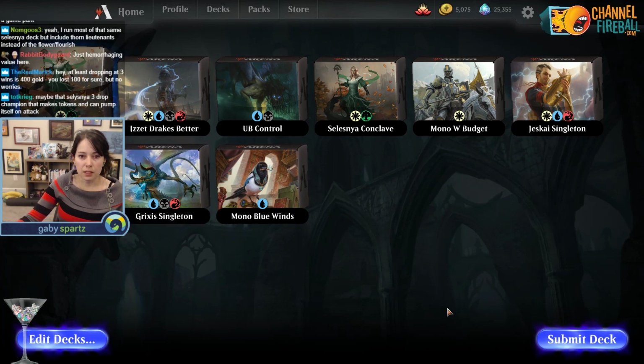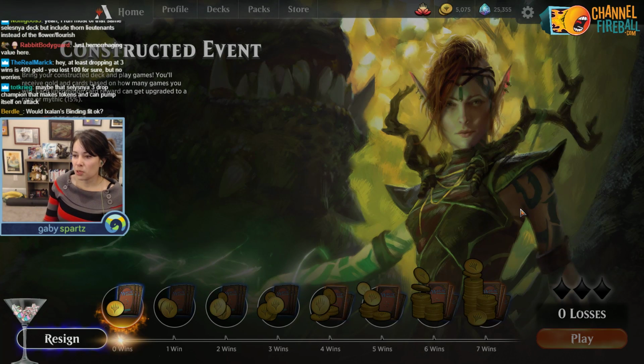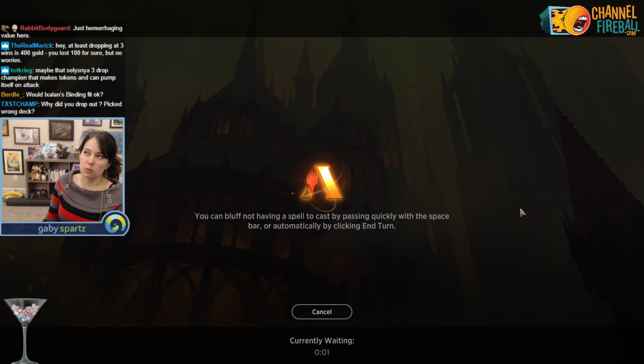Green-white tokens updated. Just hemorrhaging value. To be fair, I think if we had no losses in that league, I would have just been like, let's record this some other day. But we were back against the wall and we could only afford to take one more loss. So